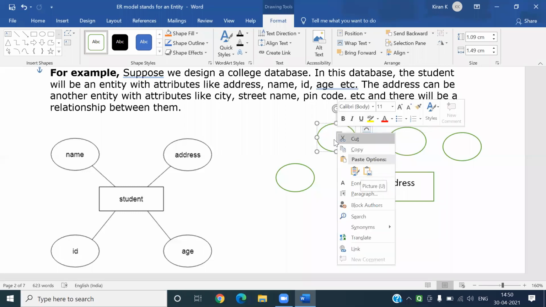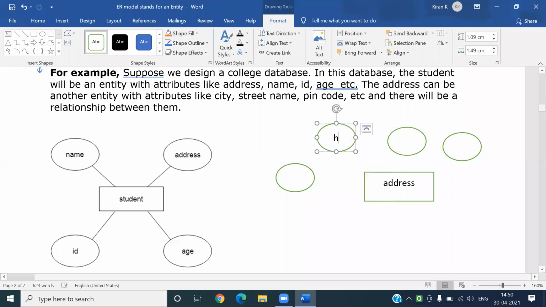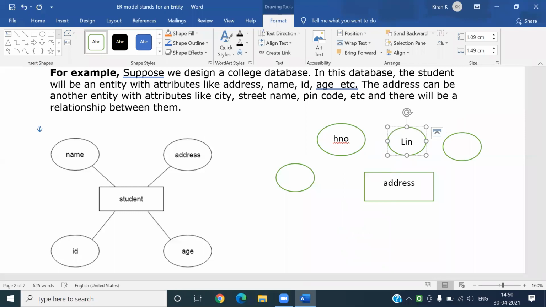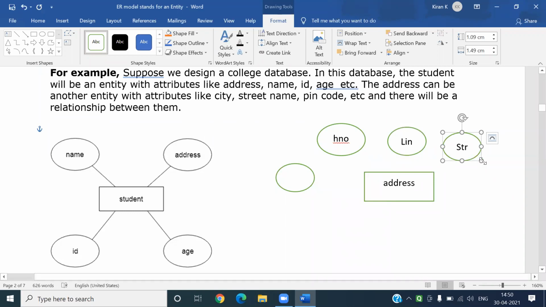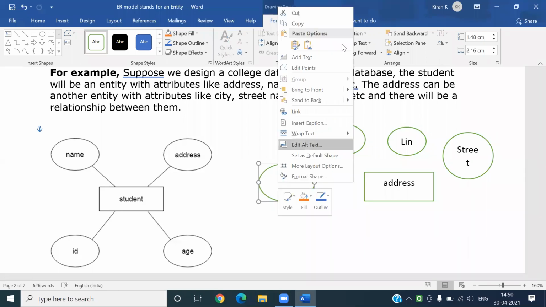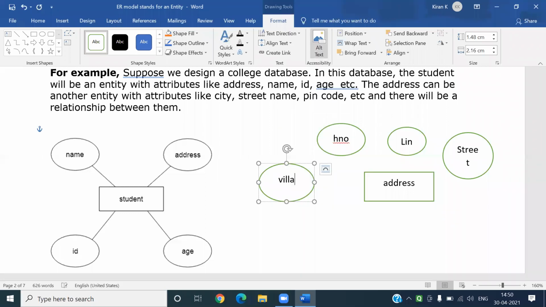So line number, maybe street name, house number, village name, or mandal, district, pin code, all these things come under address.